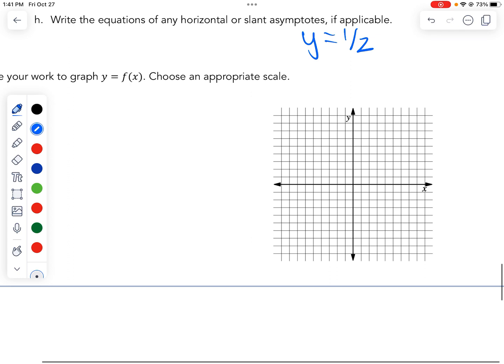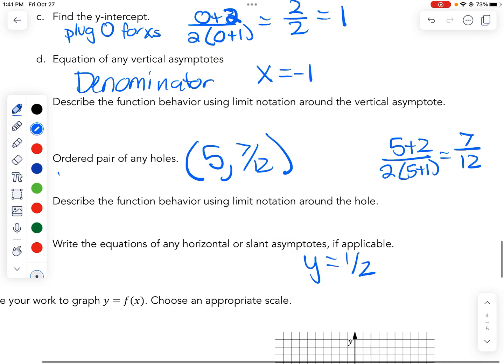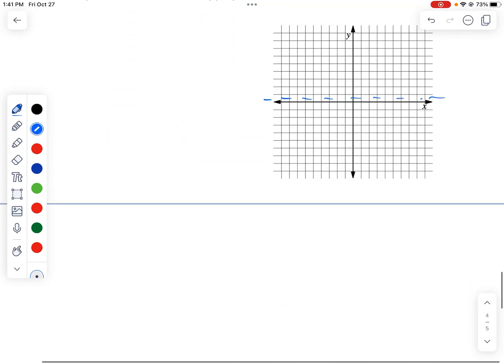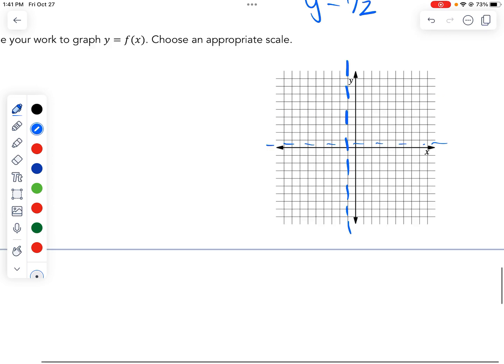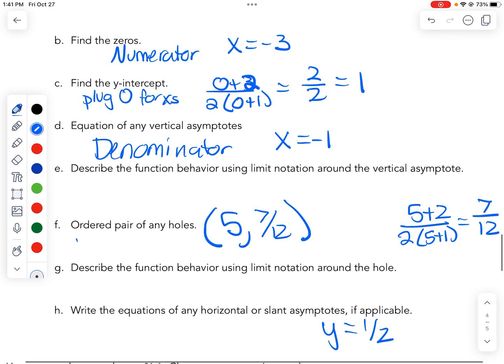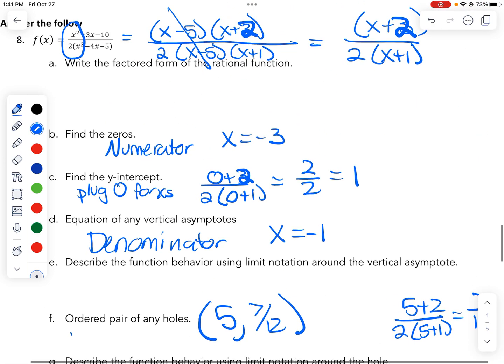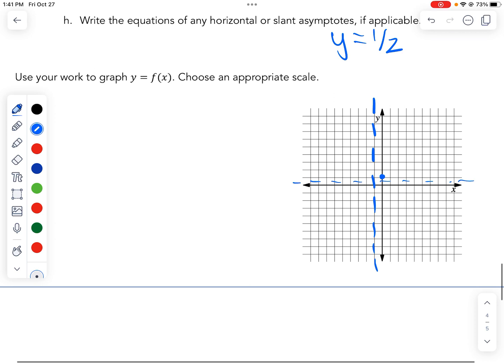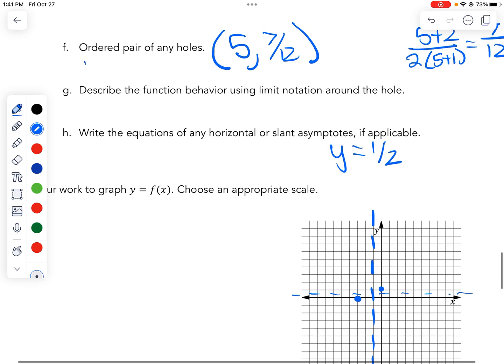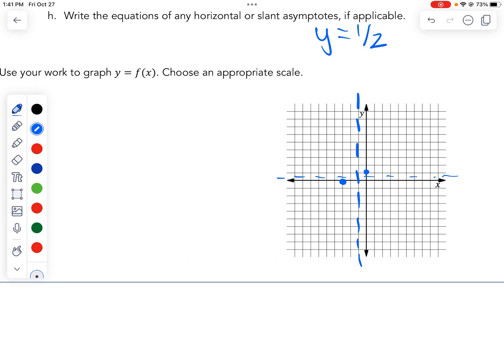So if I was to graph this, horizontal at 1/2, a vertical at negative 1. What else do we know? The y-intercept is 1. Our x-intercept, the zeros are at negative 3. And there's a hole at the point 5, 7/12. 2, 3, 4, 5, and 7/12, so a little bit above that. So we know our swoops, it must swoop, whoops, there